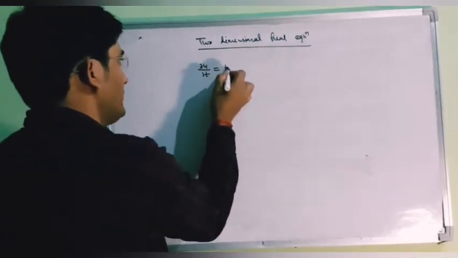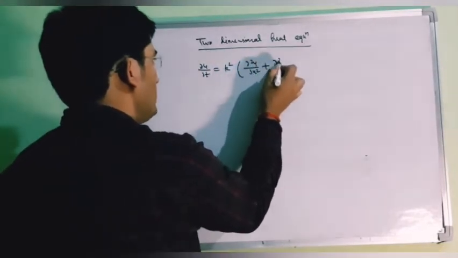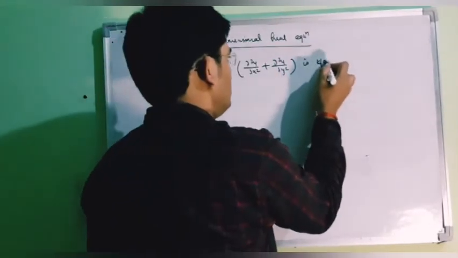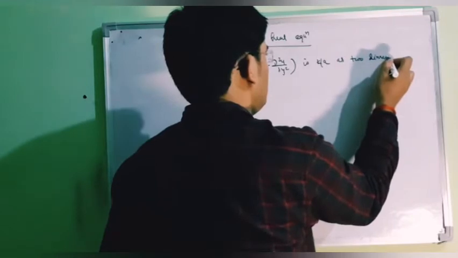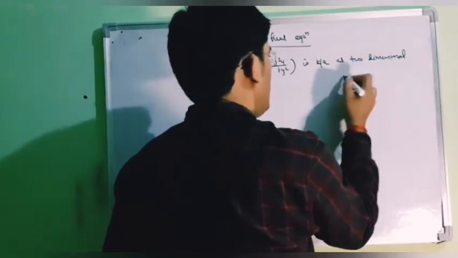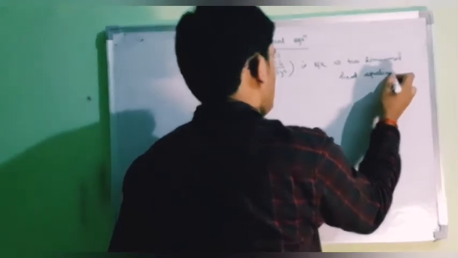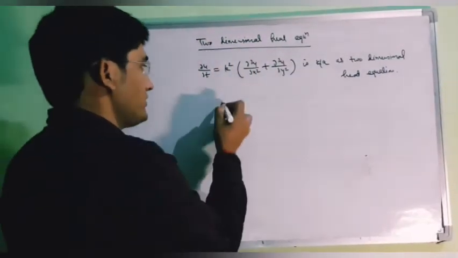∂u/∂t equal to k squared (∂²u/∂x² plus ∂²u/∂y²) is known as the two-dimensional heat equation. This is known as two-dimensional heat equation, and in steady state,